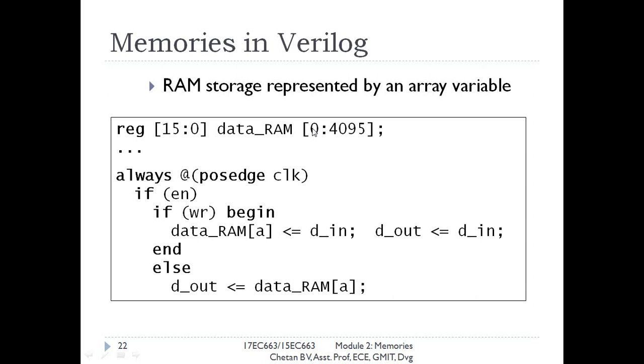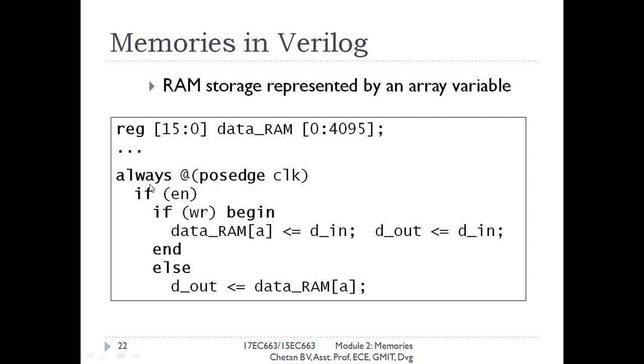The size of each element is 16 bit. 15 to 0 means 16 bit. By writing this declaration, what you are modeling is an array of locations where each location is of size 16 bit. The number of locations is 4096. So this is the model of a memory in general. Coming to the flow-through SSRAM, you have to model a flow-through SSRAM using these statements.